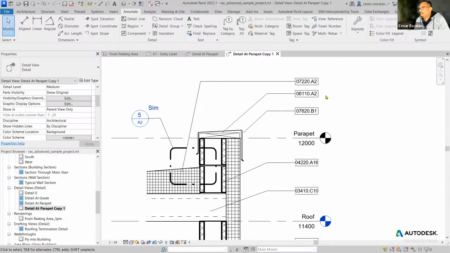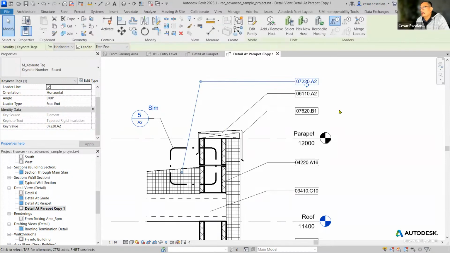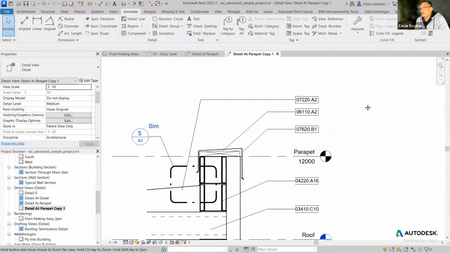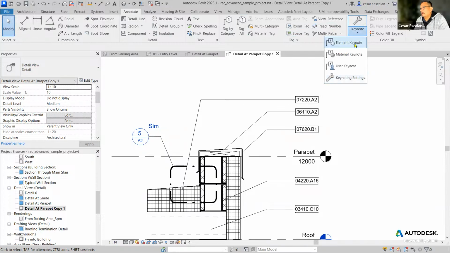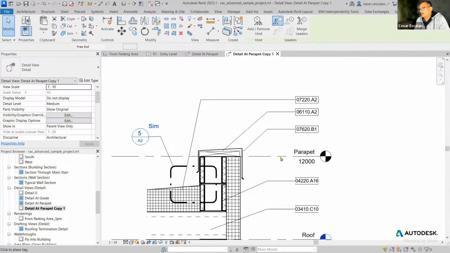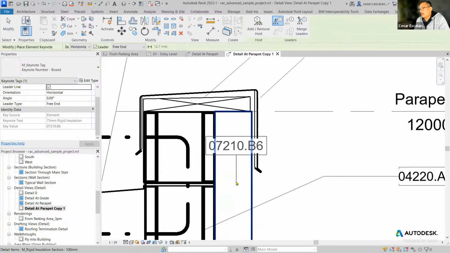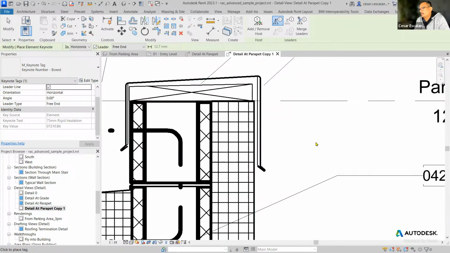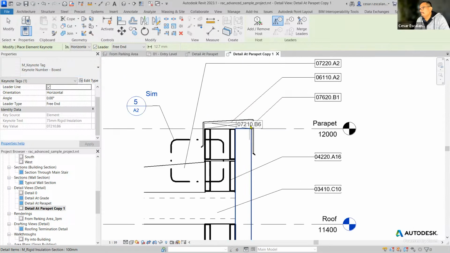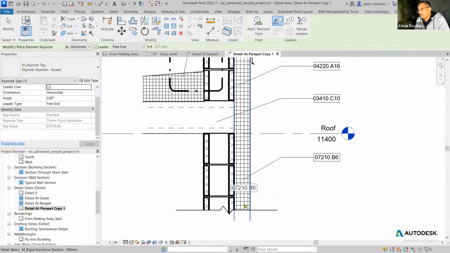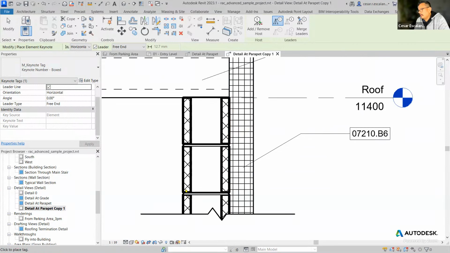All right, so let's see how an element Keynote is created. Go to the Annotate tab, Keynote, and create element Keynote. I'm going to Keynote the... Notice that Keynote tag. The Keynote tag comes with a type called boxed, and I'm going to select the